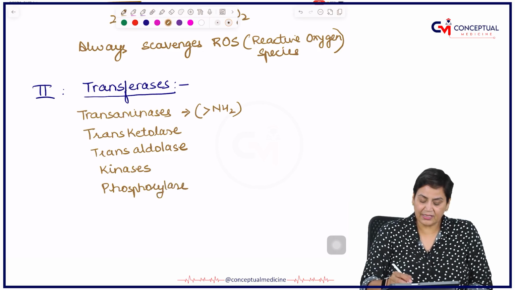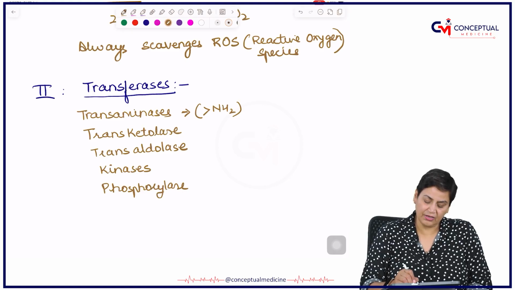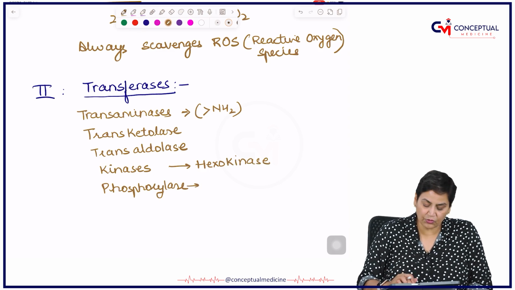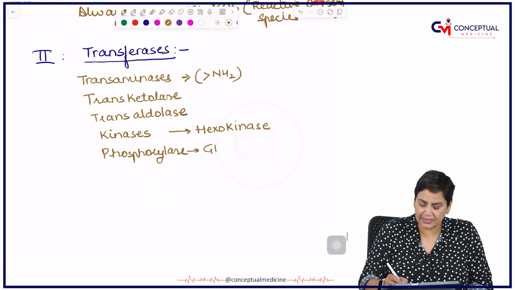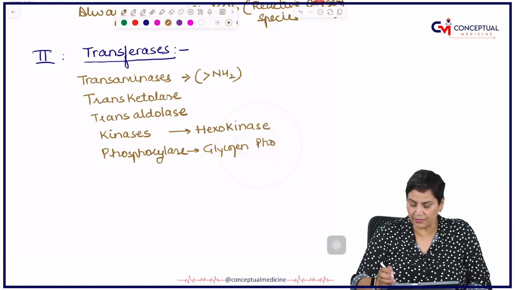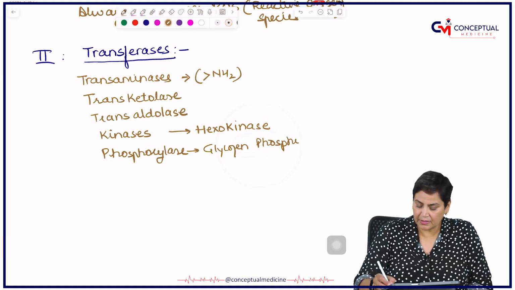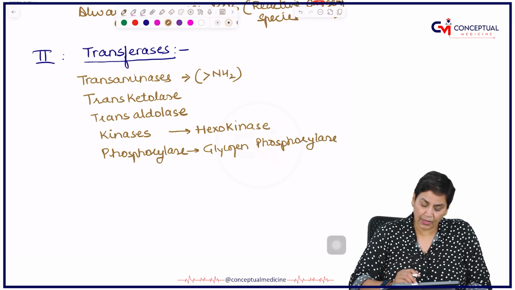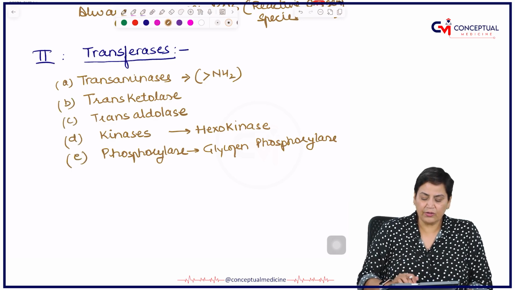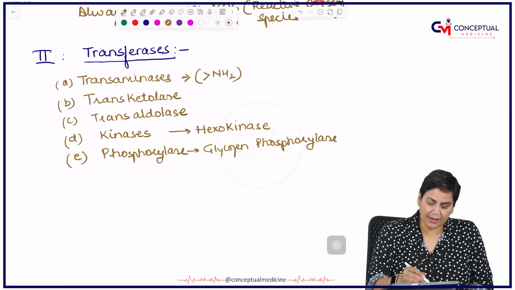And transketolase, this is an enzyme again in HMP shunt. Kinases is like hexokinase. I'll just try to differentiate between hexokinase and phosphorylase. If we talk about phosphorylase, the only example is glycogen phosphorylase. So if we have to differentiate between the two, kinase and phosphorylase. Okay, so A, B, C, D, and so if we talk about transaminases, simple example which you have to